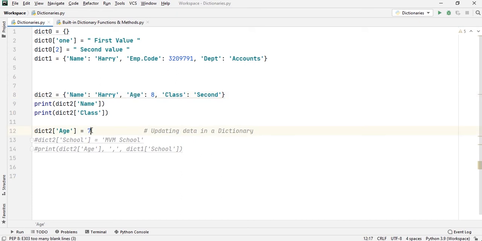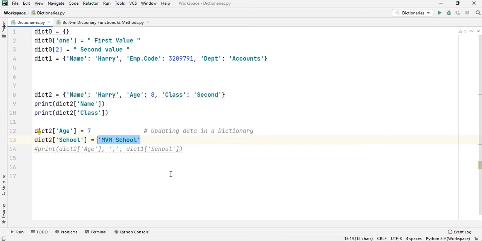Now, I am trying to update it to 7. After that, I am trying to add another key value pair, which is school and the name of the school. For this, I have this line of code, which is dict2, the new key school. I have assigned the value, which is a string. It is a name, say MVM school.